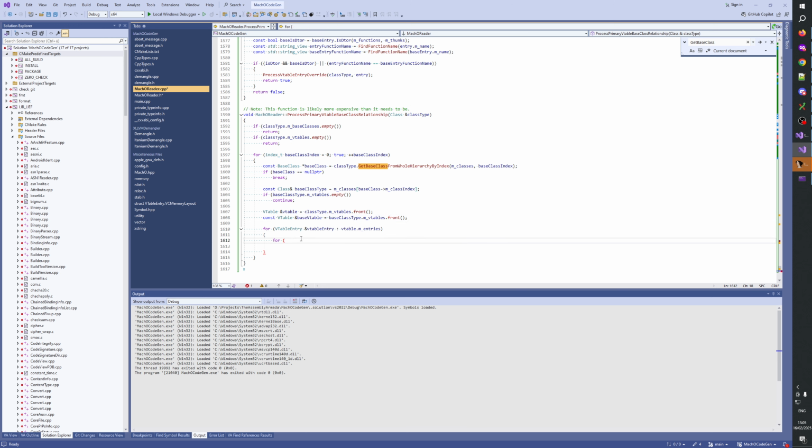Okay, so for this, and then for this, base vtable dot m entries, and then we say if vtable entry dot is first declaration,